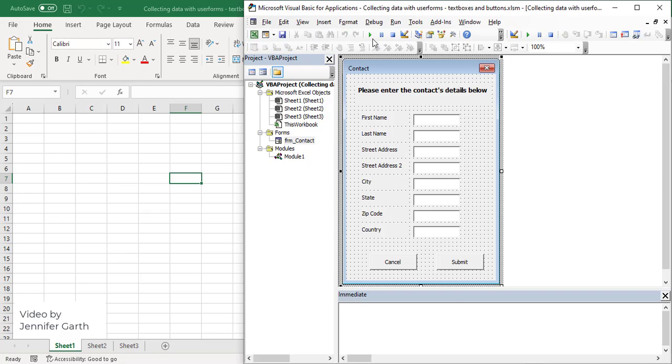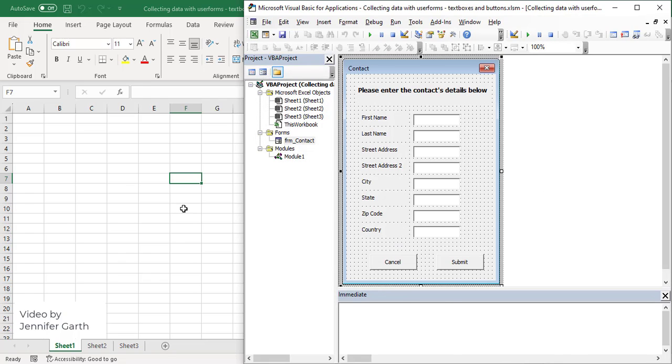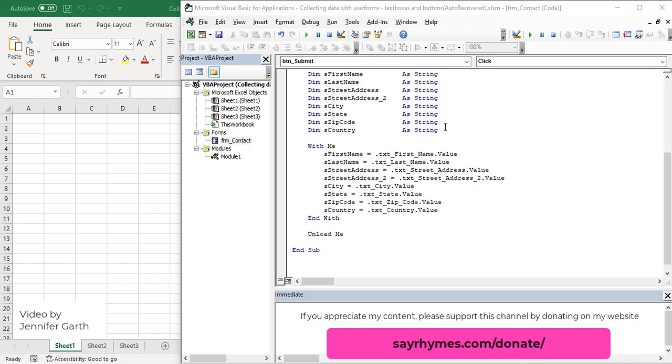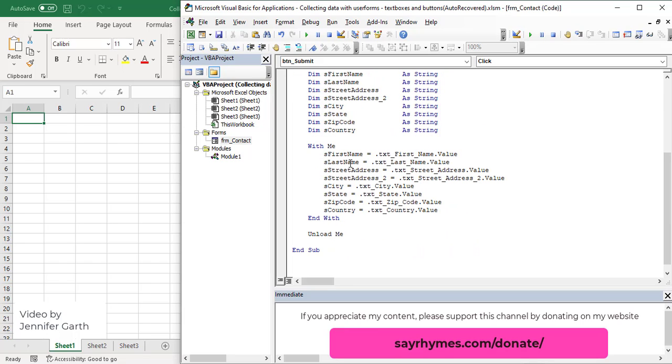So now you see, if I run the form and I fill it out and then I submit, the form disappears. It closes. Okay, so now that we have our button click event procedure set up so that we are collecting the data and then closing the form,